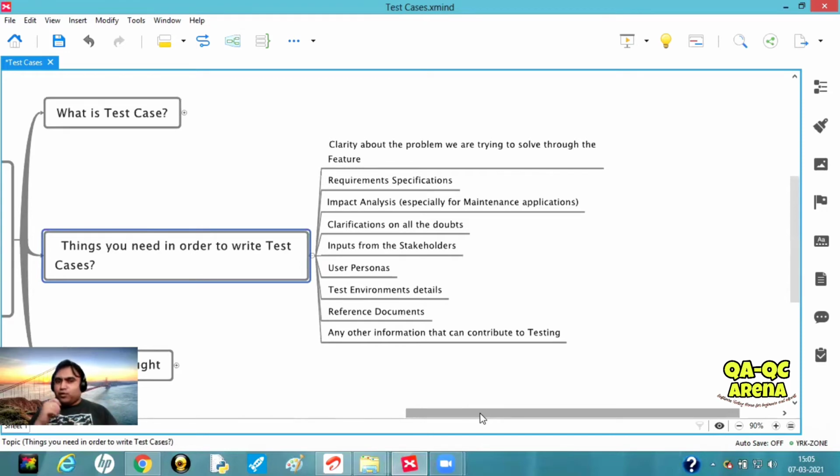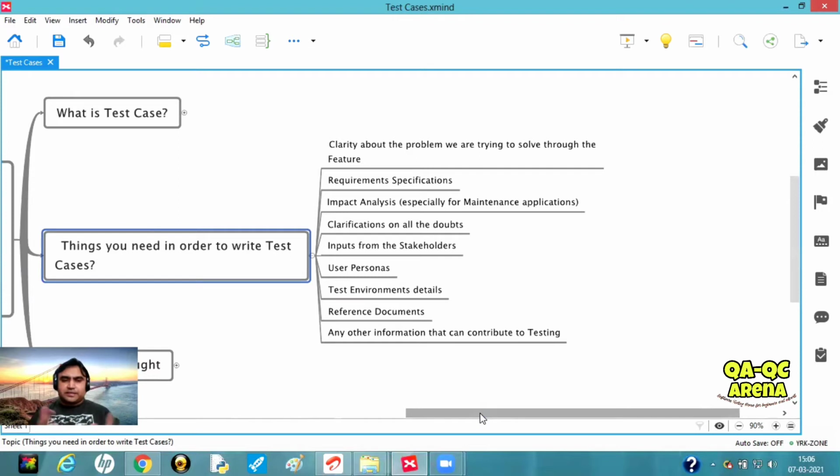Keep this in mind. If you don't have that additional information, that rigorous information, you should always make a note of these things, come up with a list of questions, reach out to the stakeholders, talk to the people who can provide you the information, or at least give you some pointers which will help you to bring that clarity. Because if that clarity is missing, then you may do a lot of things, but your effort may go in vain, and the likelihood of that is very high because of the lack of clarity. So make sure you have that clarity in place, and that will help you not just in writing the test cases, but in a lot of things that you do in order to complete your testing and achieve the goal of software testing. Keep that in mind.